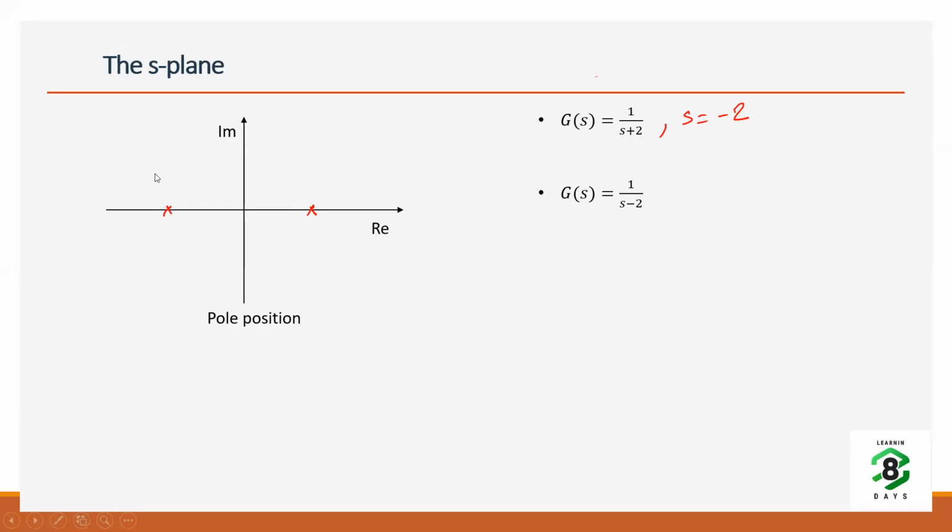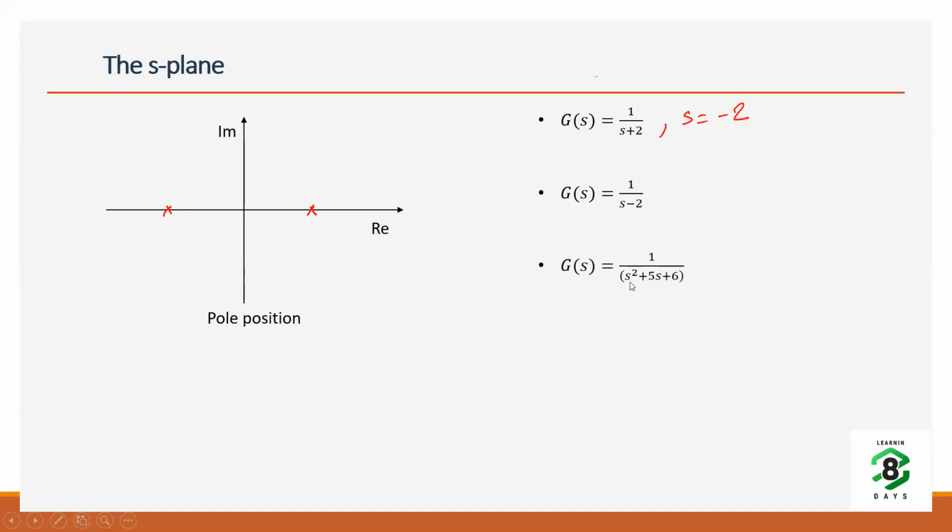So if somebody gives you an S-plane plot or pole location, you can say if anything is on the left hand side, it is a stable system because its time response, impulse response, will die down to 0. Anything on the right side, the impulse response itself will keep growing. This system is unstable. It's as simple as that. But this is only on the real axis. What happens if it is scattered over the plane?